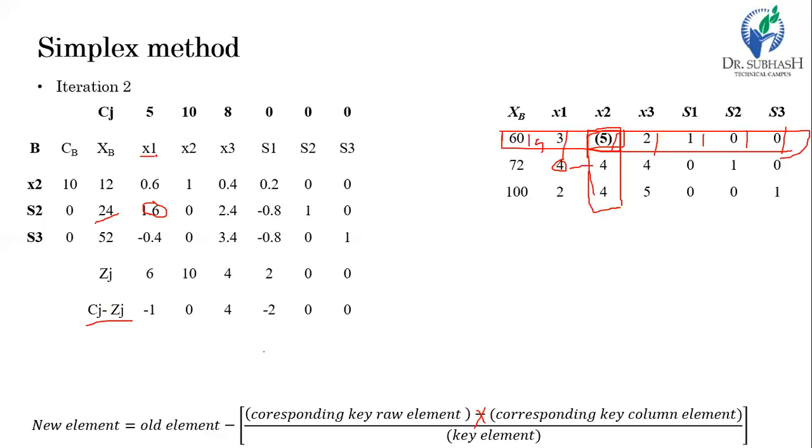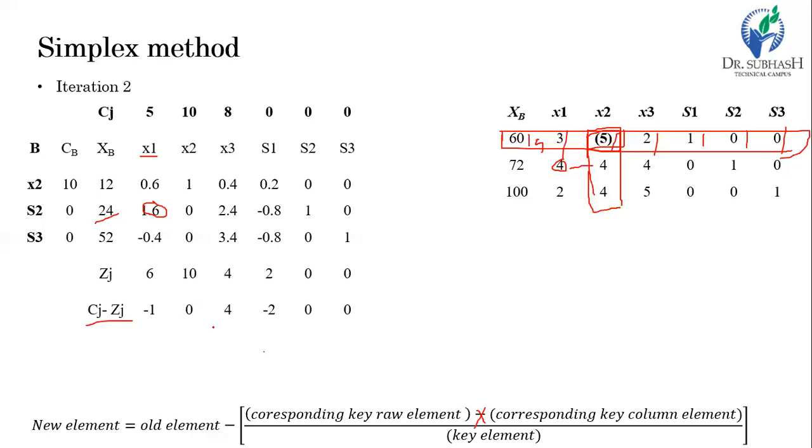Sorry, x1 as a basic variable in the coming table. Here it is not wise to choose it because it will decrease our solution. In this case, if we choose x2, it does not have any effect. It does not increase or decrease our solution. But if we choose x3, it has some positive value, say 4, so it has the capability to increase our objective function by 4 units. And s1 has a negative value, so it will not improve our solution.